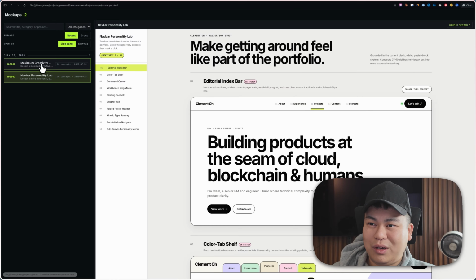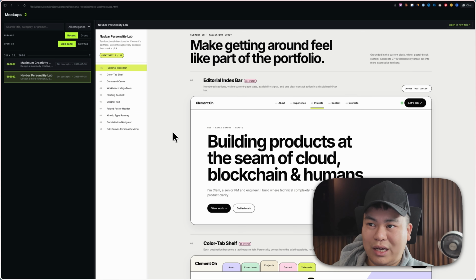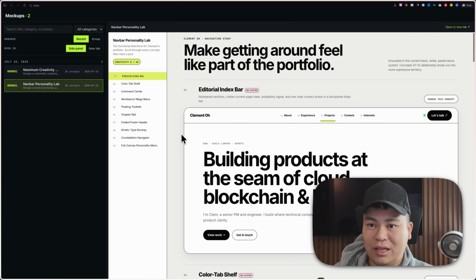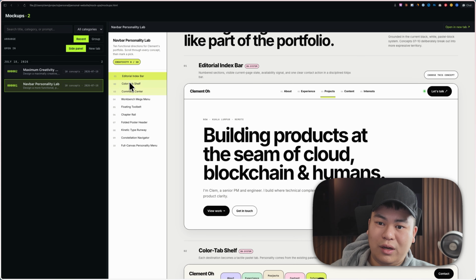And then I've got another one with creativity level 10 to give you an example of what that looks like. The agent will ask you what level of creativity you'd like, so you can adjust that as well. But let's take a look. So it will always give you a list of all the mockups it generated on the side, so that should